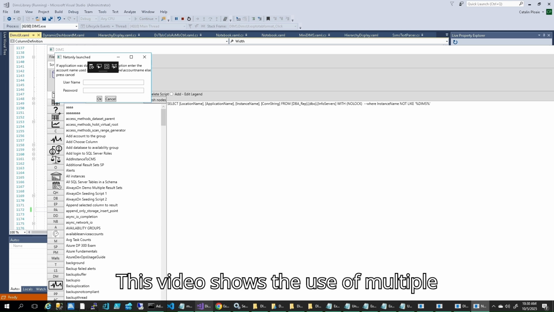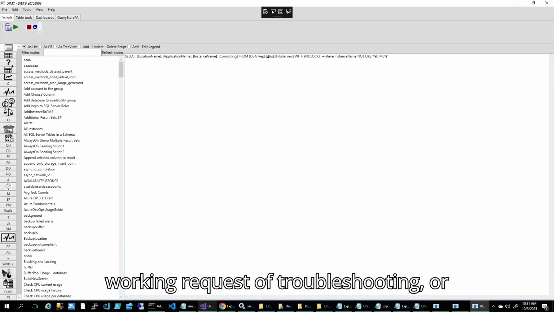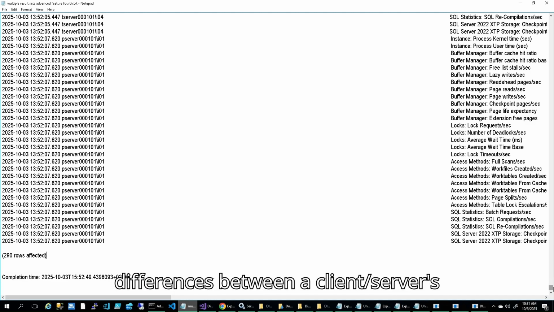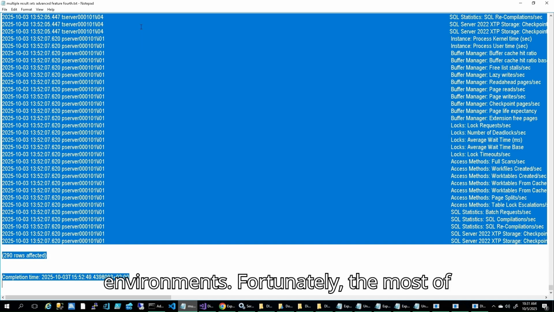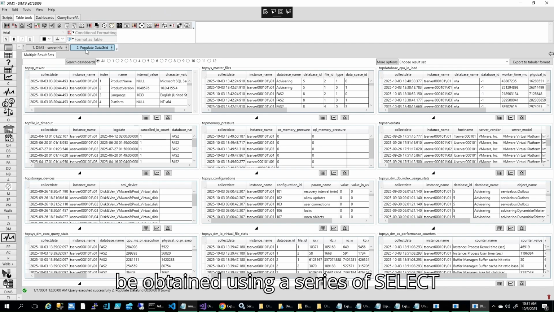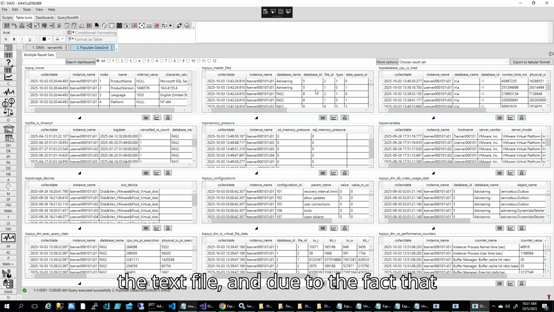This video shows the use of multiple result sets in response to a recent work request of troubleshooting, or better said, the request of showing the differences between client-server environments. Fortunately, most of the information is already recorded and can be obtained using a series of select statements with some filtering. The result of that select is what you see in the text file,